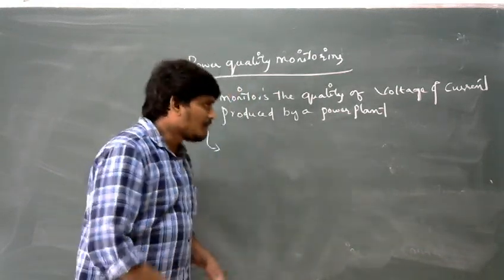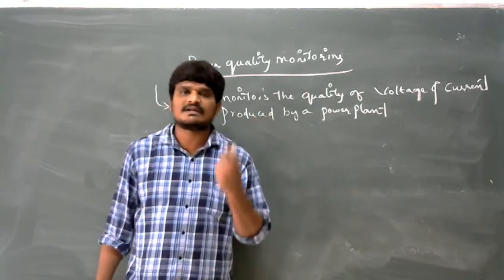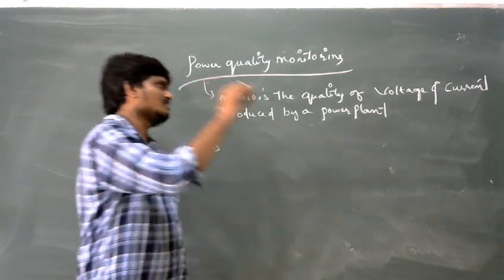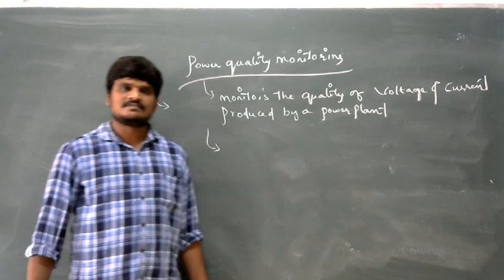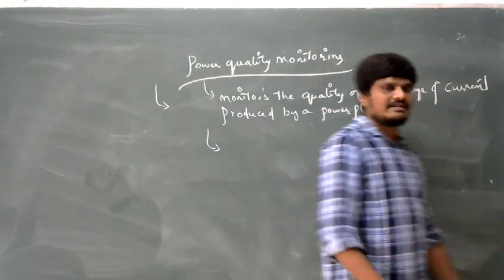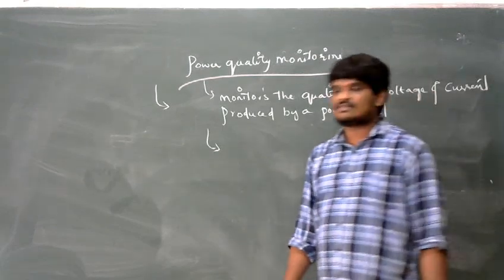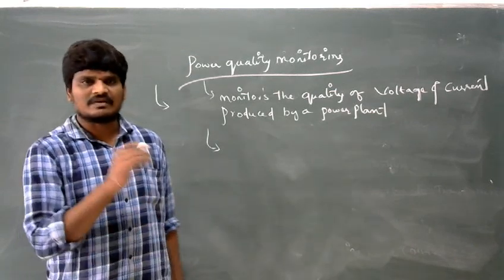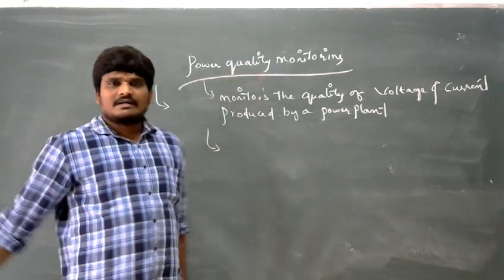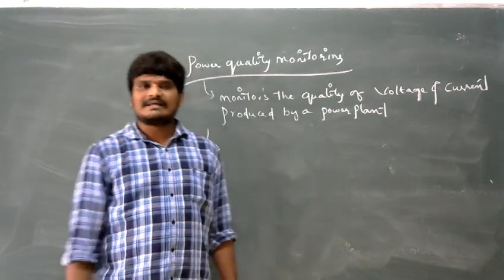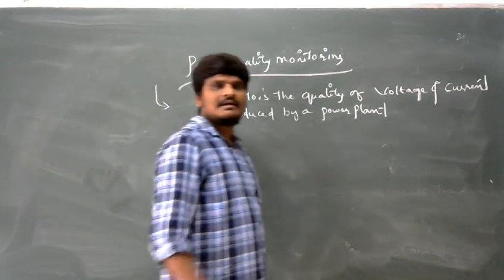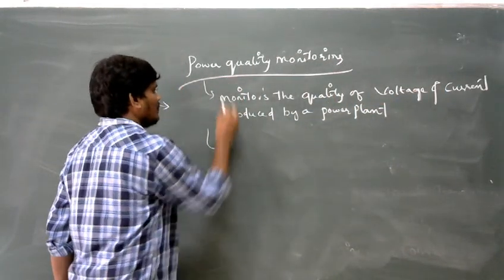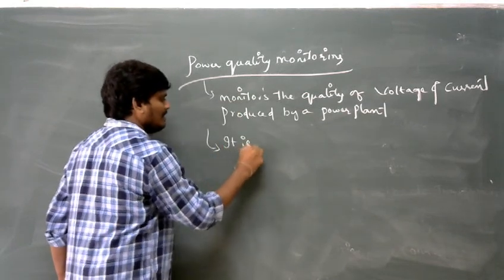If I am not monitoring the voltage levels and current levels which are produced in a power plant, what happens? Whether it leads to any disadvantages, or what are the consequences we are going to face if we are not monitoring the voltage levels and current levels of a system. Power quality monitoring is mainly employed to decrease plant and customer downtime.